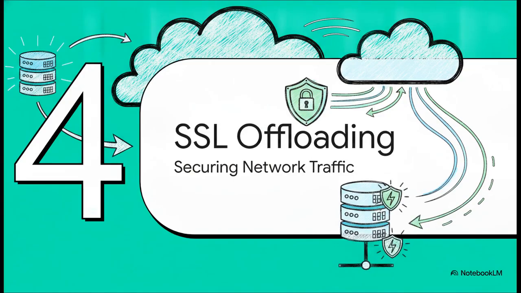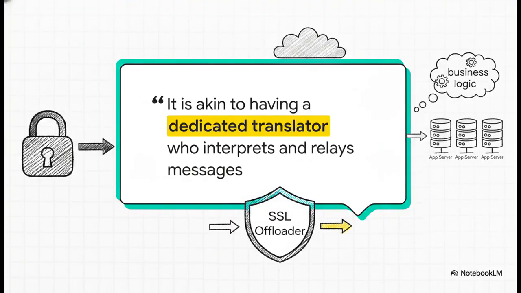All right, Section 4, Securing Traffic with SSL Offloading. Let's dive into how we can protect our networks without completely grinding our application servers to a halt. Think of it like this. It's akin to having a dedicated translator who interprets and relays messages, so the main speaker can just focus on delivering their speech. This analogy brilliantly illustrates why we use SSL offloading to remove the heavy computational burden of decryption